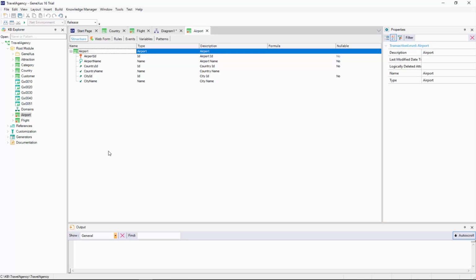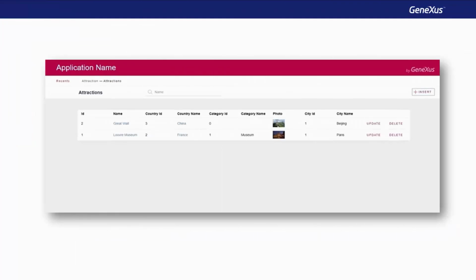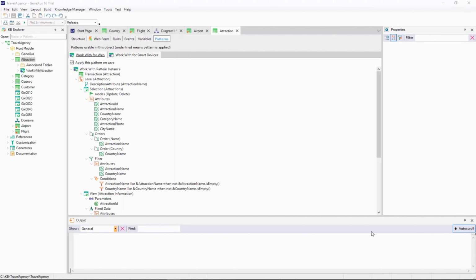When we create a transaction structure, Genexus chooses, based on the attribute's data types, which attribute best describes the transaction, but the user can change it, or decide that there should be no attribute of this class. This describing attribute is used, for example, in the work with pattern, to allow filtering and ordering by it amongst other options. Let's remember the pattern we applied to attraction.